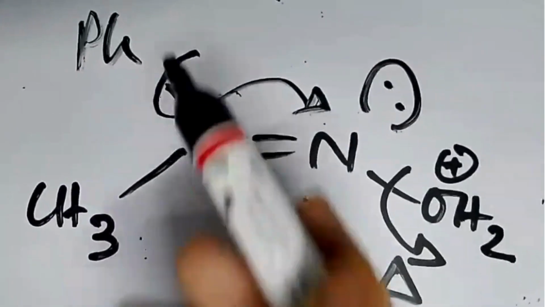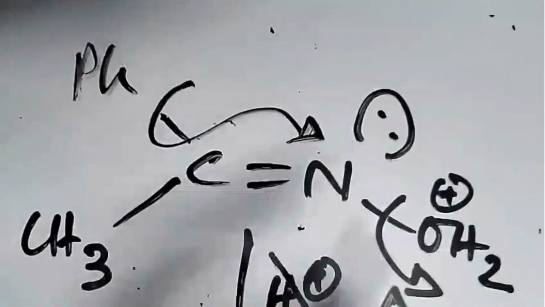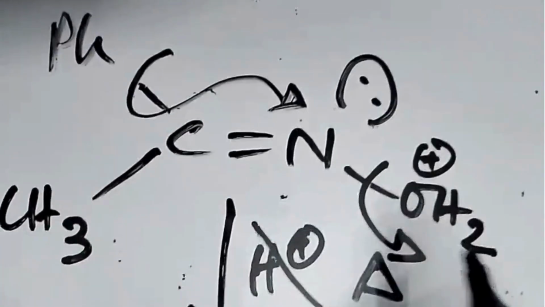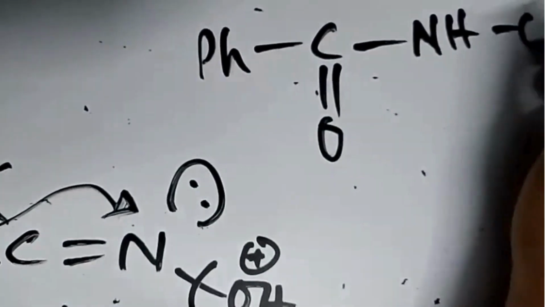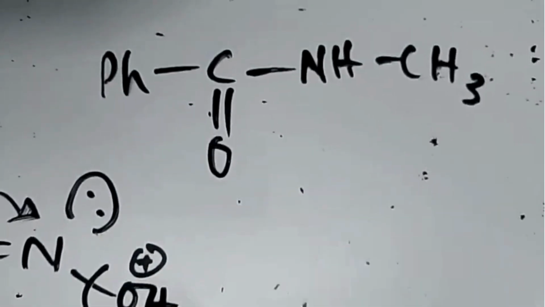Now the first question, or rather the second question in this case, asks what happens when the CH3 and the Ph are swapped, as a result of which the CH3 becomes opposite to the leaving group. In that case the CH3 would be migrating, and so the answer to the second question would be PhCONHCH3. Now when we analyze the options, we see that no such option